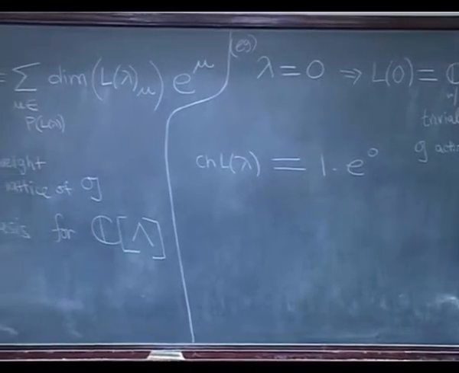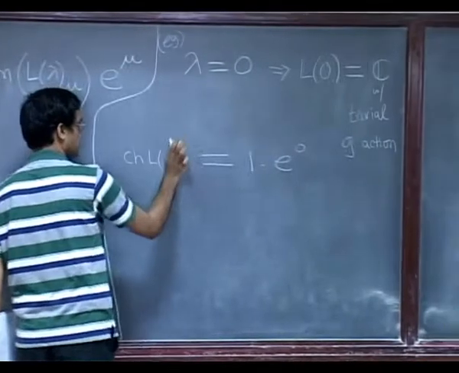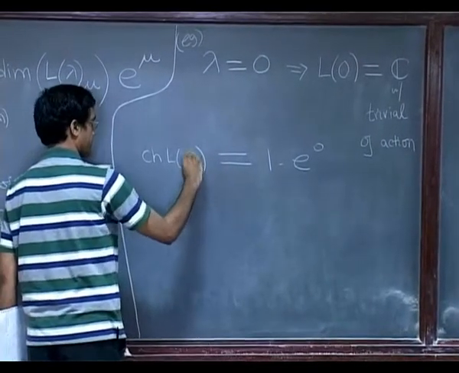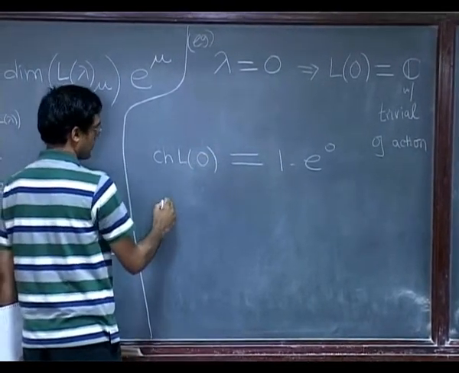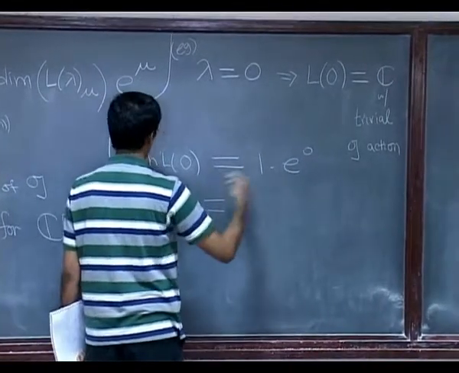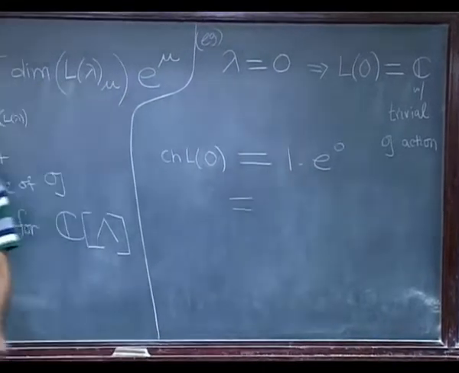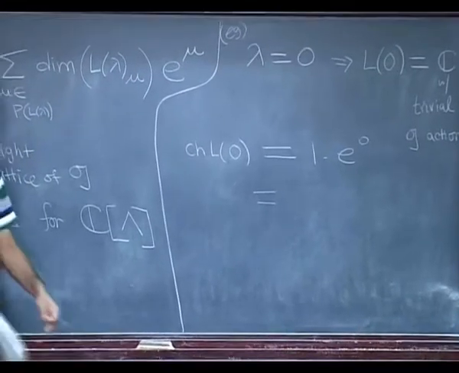Okay. So that's the formal character of the trivial module. I keep forgetting to write 0 here. Whereas the Weyl character formula would say that this is also the same as, so okay, again in this ring, when we have e to the 0, that's the same as 1. That's the identity, the multiplicative identity in this ring.